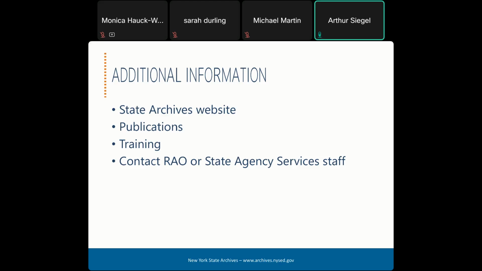You can also contact your regional advisory officer if you're a local government, or the state agency services staff if you're a state agency. We can provide direct advice based on a review of your current condition, storage conditions, or assessment of your storage needs. For local governments, your records advisory officer can also work with you and provide guidance on how to prepare grant applications for inactive records. And finally, you can network with others who have set up and maintained an inactive records program and learn from their own experience.